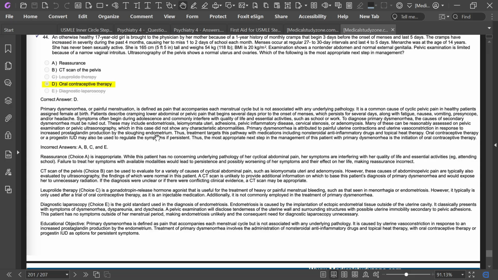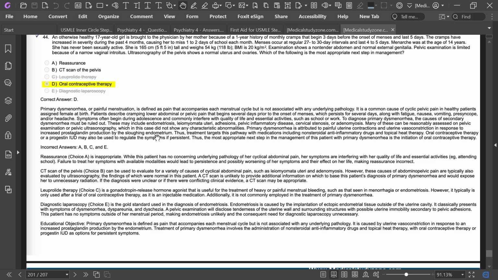However, these causes of abdominal pelvic pain are typically also evaluated by the ultrasonography, the findings of which were normal in this patient. A normal CT scan is unlikely to provide additional information on which to base this patient's diagnosis